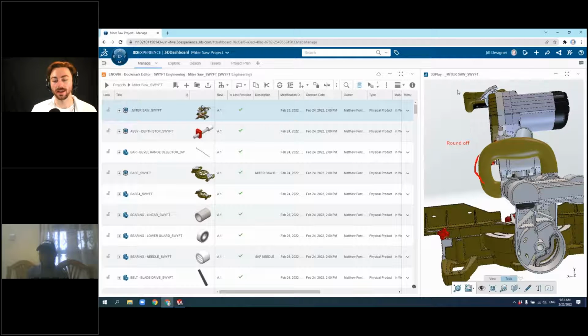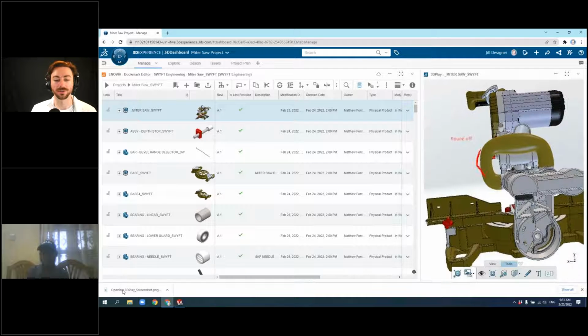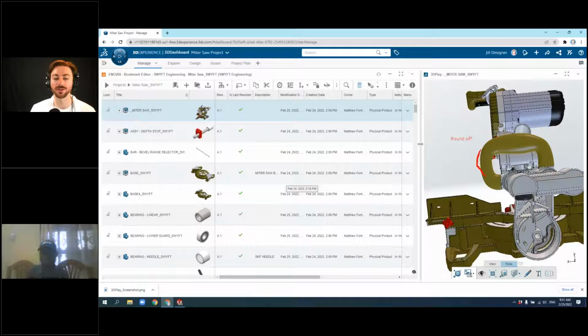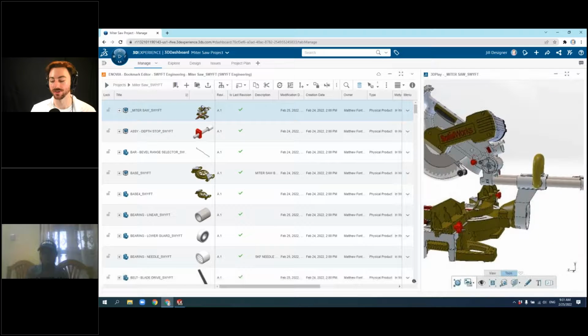And you can go ahead and choose to either save these to internal communities that you have on here for communication, or just save them to your local computer and then send those off through whatever communication method you're using. So it just provides more visibility for users, whether they're SolidWorks users or not.